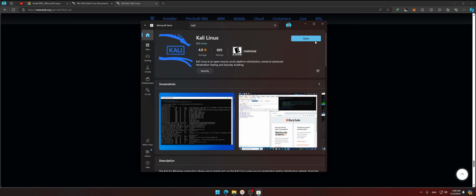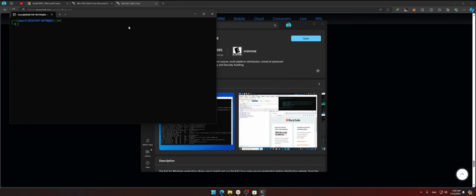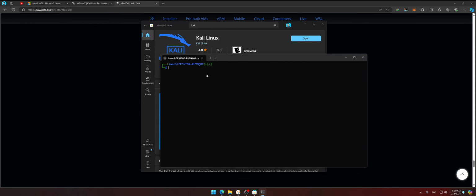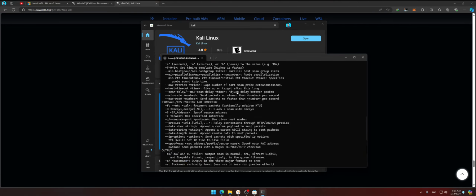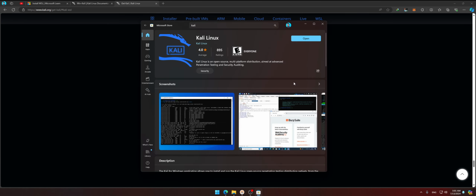Once you install it, you will need to set a username and password, and you just have this environment here, and you don't have all the items that you need. Some tools like Nmap are installed here, but some of them are not available in this one. So for installing Kali Linux on Windows with a graphical interface and using it faster than VirtualBox with all the items on it,